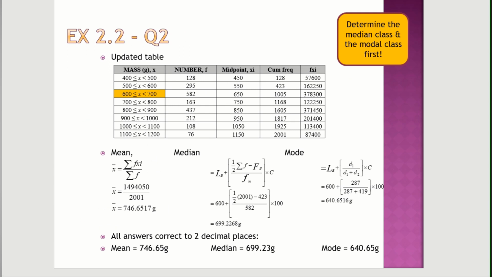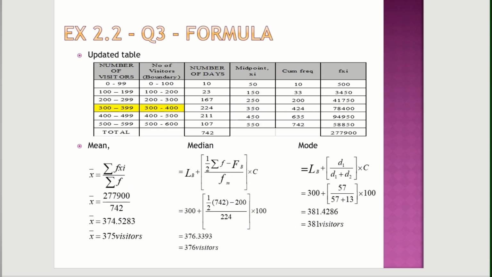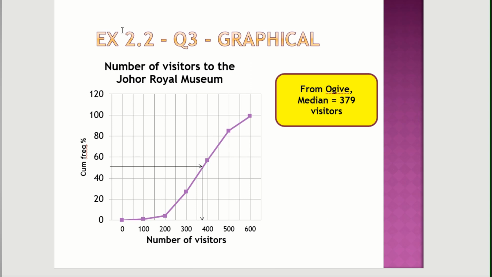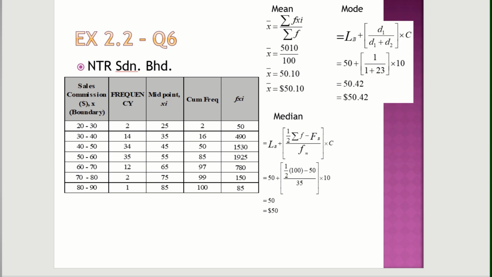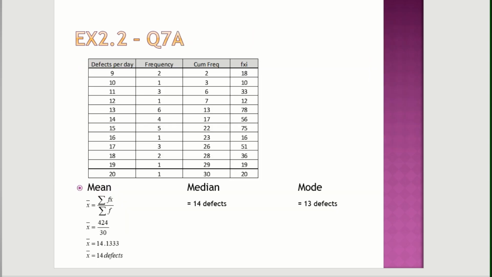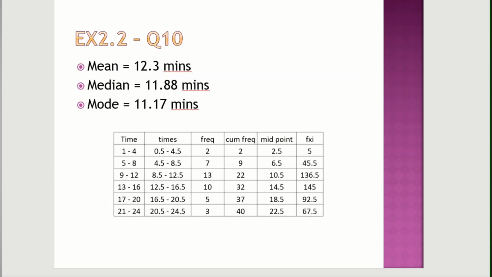This is something we did in the last class, ungrouped data. This is group data with intervals. Everything must be in 2 decimal places here, your answers. I've put it down here because this one has a unit. Graphical method, this is your ogive. Always use upper boundary and CF percentage. You need to add an extra column for CF percentage. Most of the answers are here, so you can go through the slides that I've shared with you.